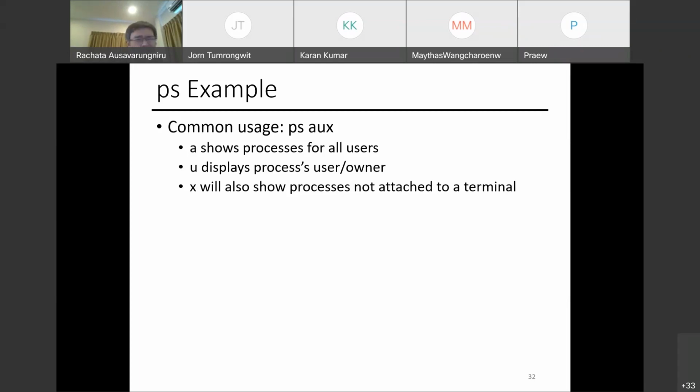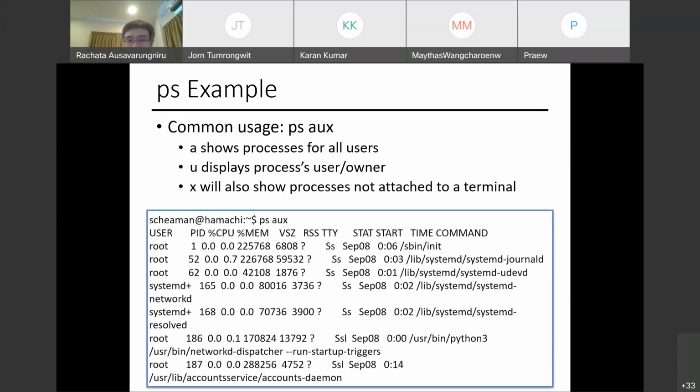Why is that useful? Processes that are not attached to a terminal. Basically, it means some of the processes, for example system processes, are shown here, right? That allows you to see anything else that someone is running, like root is running, or system is running, or network is running. These are system level processes that get spawned, and most of the time these things manage your machine. It would show you things that are not launched by anyone, because they're not attached to anyone's terminal.